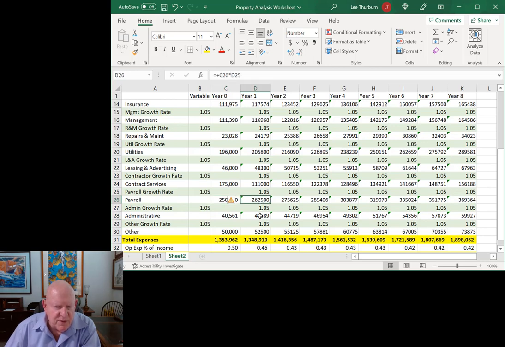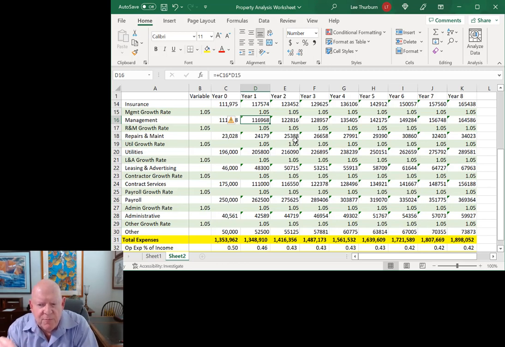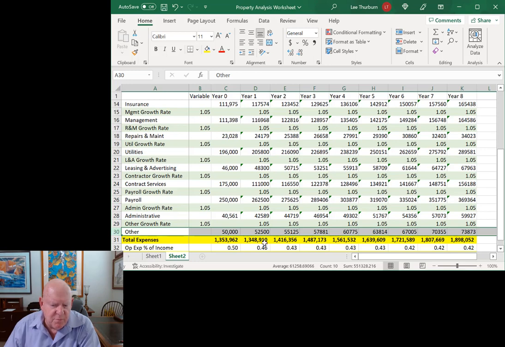But in terms of administration and management, you may very well have, so administration and management, what's the payroll for? So you may very well decide that you can shave some costs in some of these other areas. And so what you do is you go through and you look at each one of these and you decide what the reality of your expenditures going forward will be. Now, I've got a category here for other, which is a pretty big bucket. And what I'm going to do is I'm going to leave everything alone, but I'm going to come in and